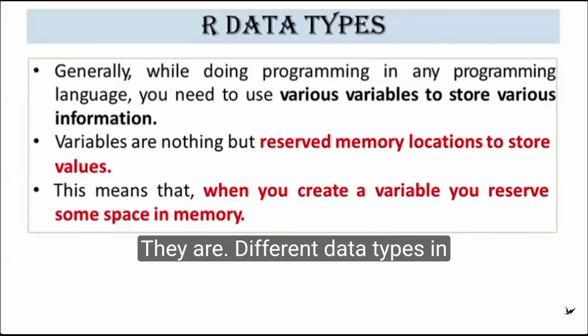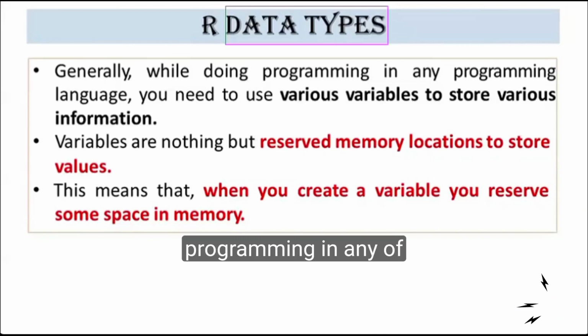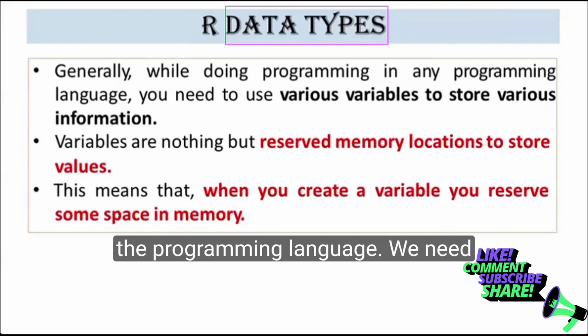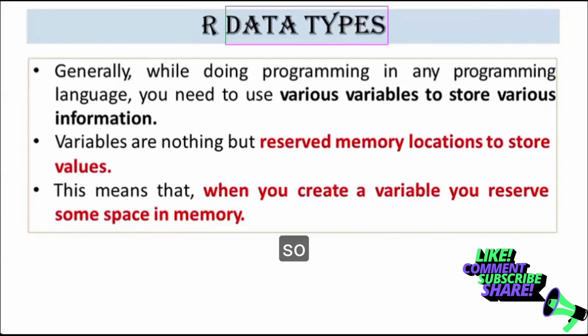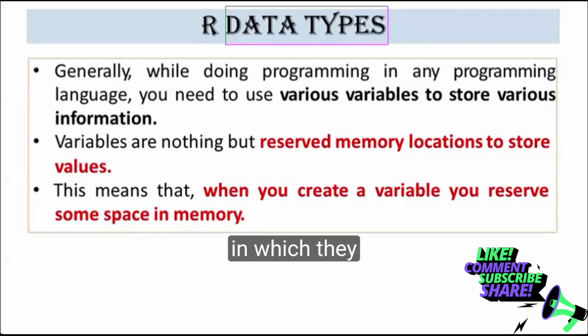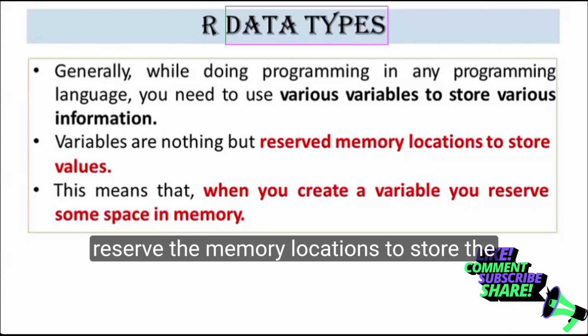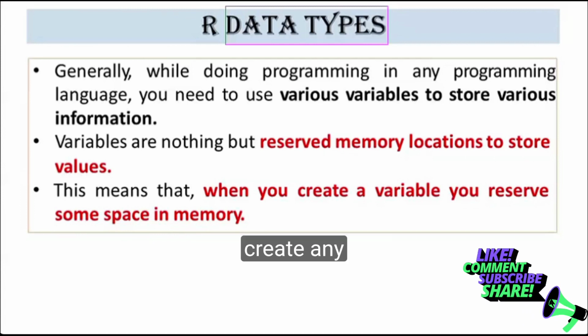There are different data types in our language. While programming in any programming language, we need to store information. So we have variables, which reserve memory locations to store values. So when we create any variable